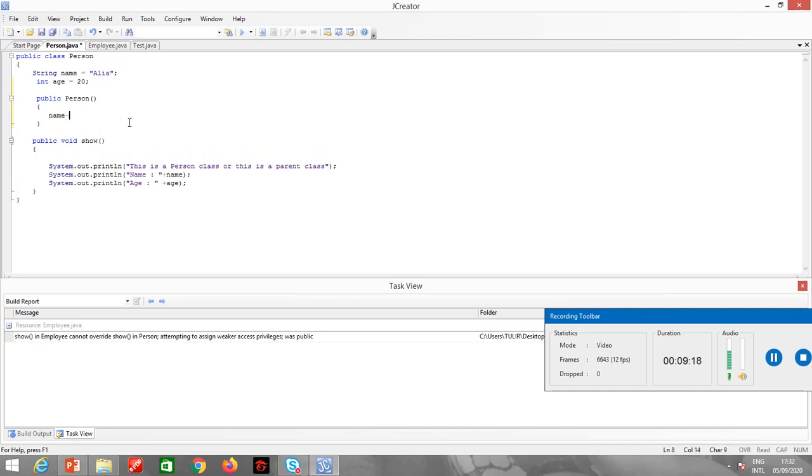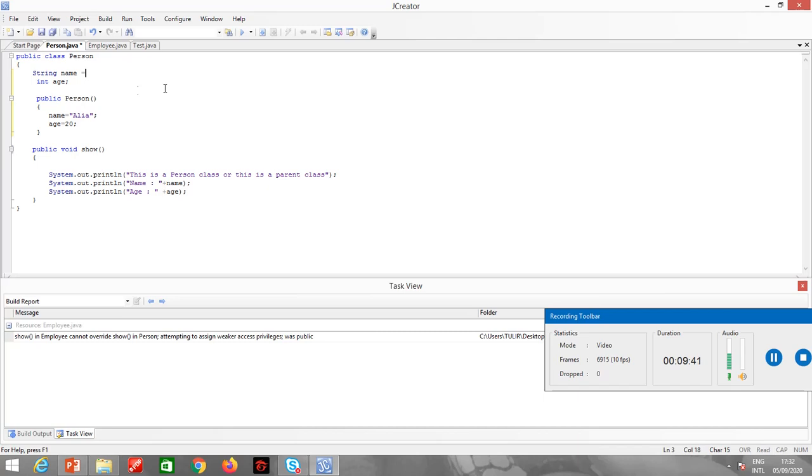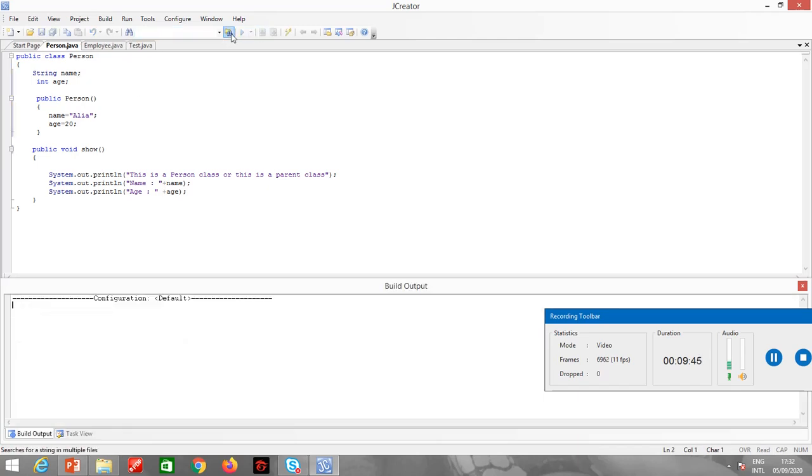So name is equal to Alia, and age is equal to 20. So this is the use of the constructor. Now I will remove it from here. Alright, let's just check it.